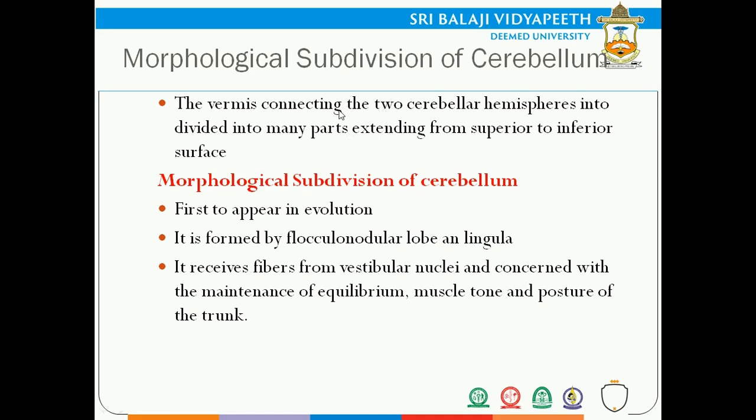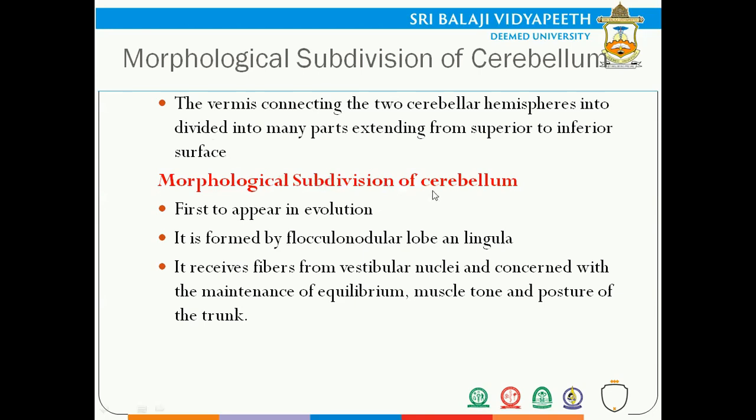Hope you remember that the cerebrum also had two cerebral hemispheres, the right half and the left half, and the coordination occurred through a tissue called the corpus callosum. It is a kind of commissural fiber. Just like that, the cerebellum also has a connecting stalk, and that is called the vermis. The vermis mainly helps in coordination of the cerebellar activities of the right half and the left half.